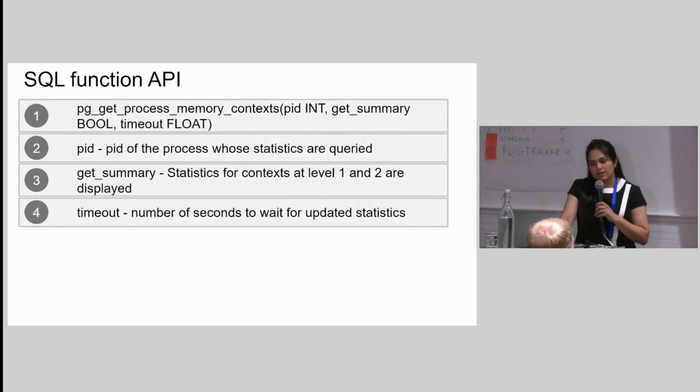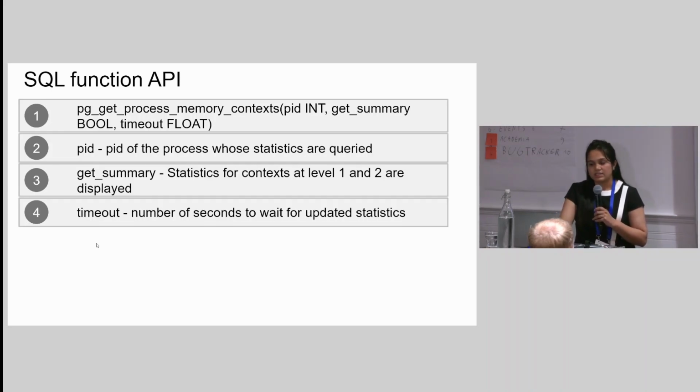Now let's look at the SQL function API. The name of the function is pg_get_process_memory_contexts. It takes 3 arguments. First is PID, which, as you can imagine, is the PID of the process for which you want to query the statistics. Second is get_summary, a mode which can be used to cut down the amount of memory required for saving these statistics,